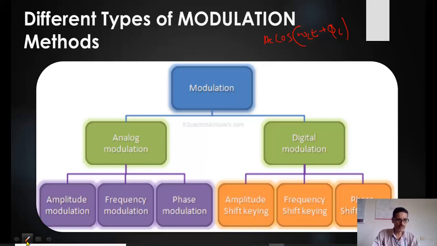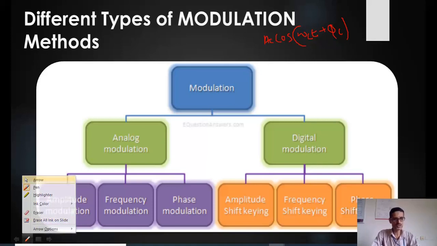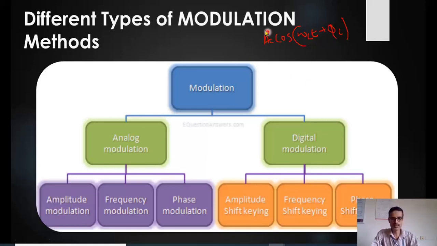What I am telling you is, we are going to change either the amplitude of this carrier, that is A_c. If I change the amplitude of the carrier proportional to the amplitude of the message signal, I will get amplitude modulation. If I change the frequency of the carrier proportional to the amplitude variation, we call this frequency modulation. If I change the phase of the carrier proportional to the amplitude of the message signal, we call this phase modulation. So this is just the classification, or the different types of modulation.